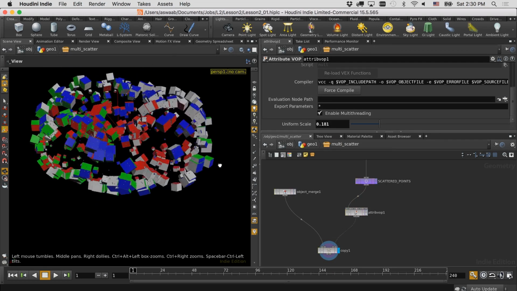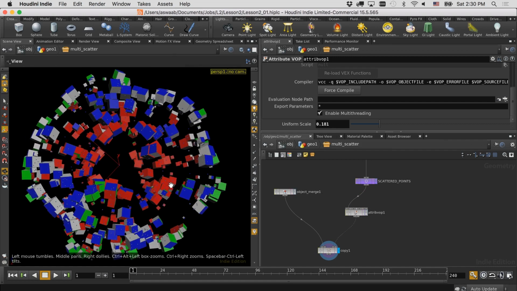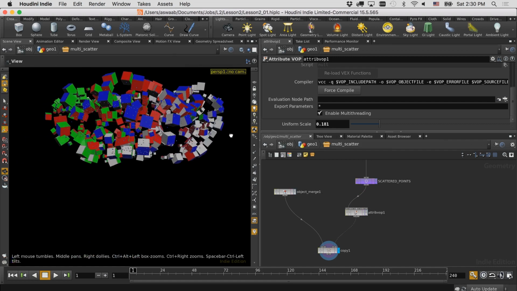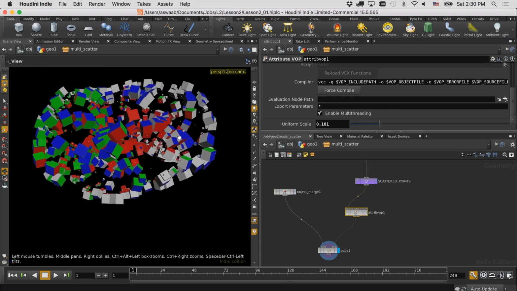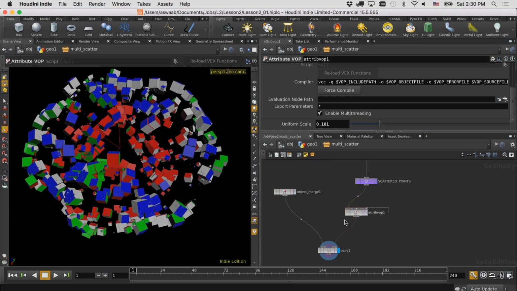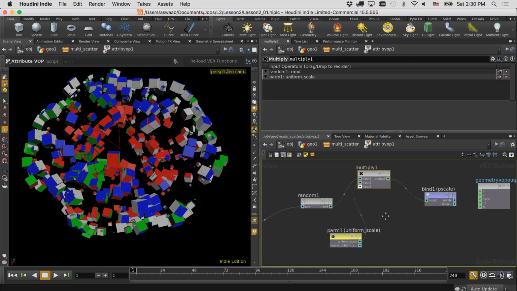And now we see that each one of these has a different scale here, right? We see some that are very small, some that are big, but that biggest value is going to be 0.181 if it's able to reach there, but usually it never reaches this value. It gets close, but not quite there. What if we wanted to actually define the range of scale here? Well, that's really simple. We just go back here,